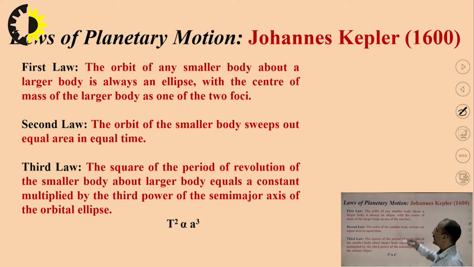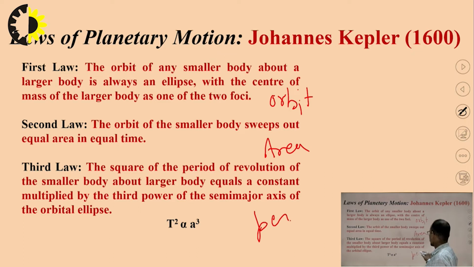The first law is related to the orbit, the second law is related to the area, and the third law is related to the period. These 3 points give the actual location of the planet or any object in space which is rotating